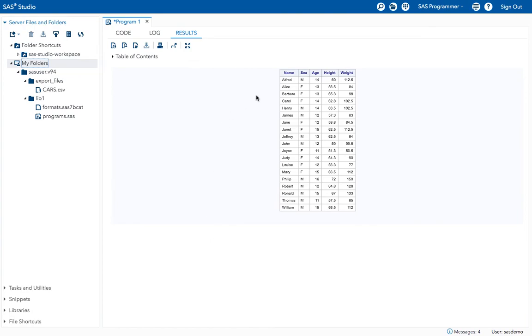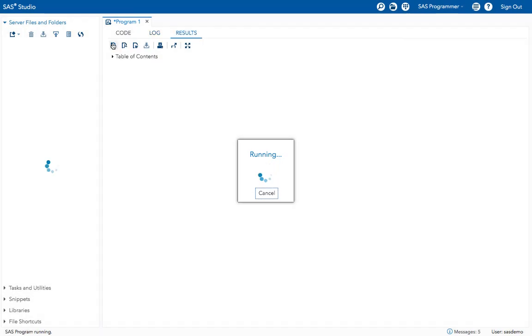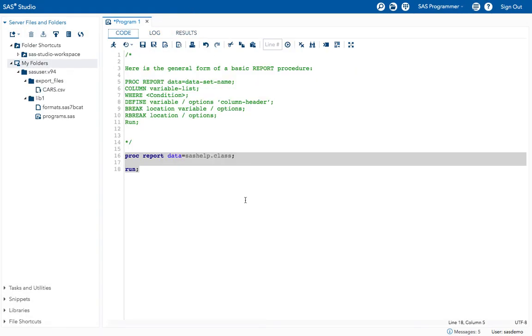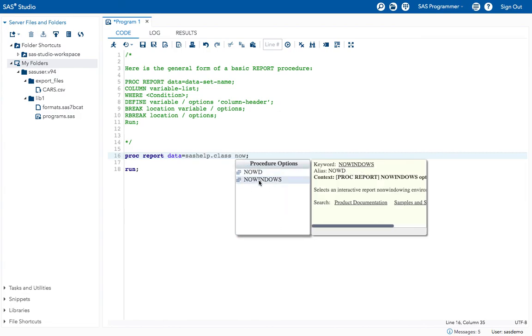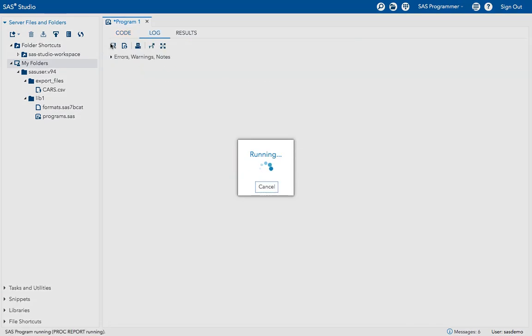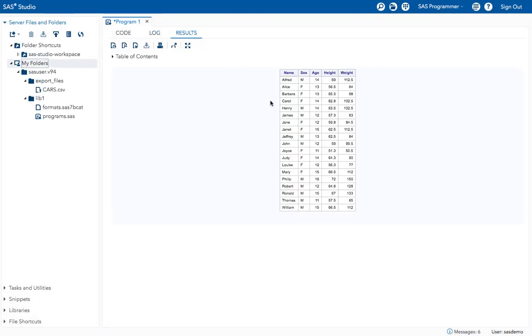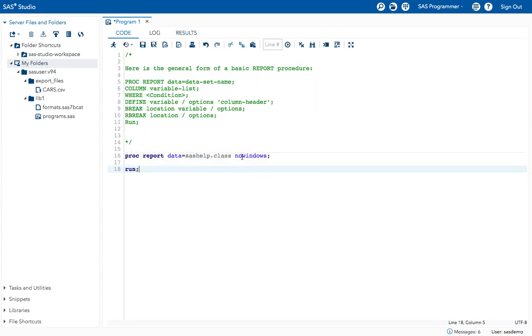If you want to see, we can check that here. When I execute the program, it is generating the results in the results window itself. So there is no need of using this no windows. Even if you use this no windows option, it won't do anything. Like earlier, you got the results. You are not getting anything special by using this no windows option, because there is no need of using it in this new version. All these options are already automated in the new versions.